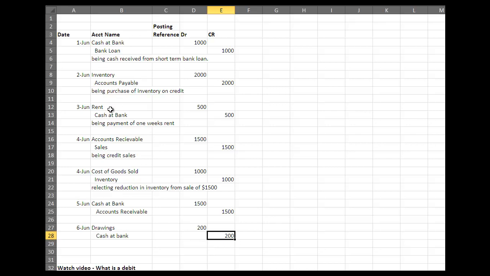An expense and a reduction in an asset. An increase in an asset and a revenue. An expense and a reduction of our asset. Final entry, well,